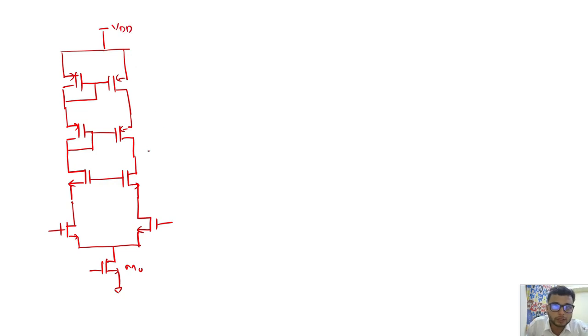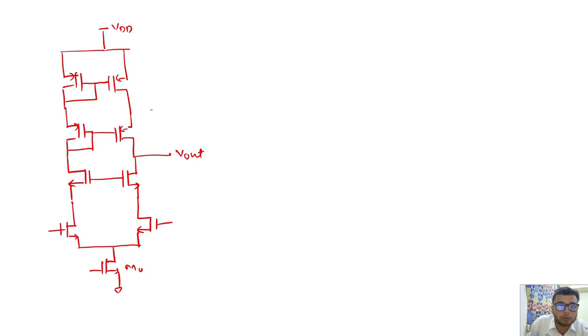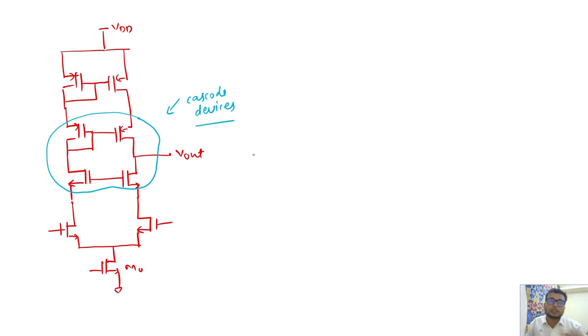Here I am taking the output V out. It is not exactly part of the 5 transistor OTA, but I am telling you how we can increase the gain. So this is the extra structure that we have used here. These are the Cascode devices. If the question is asked, what is the problem with these Cascode devices, why we cannot always use them, then